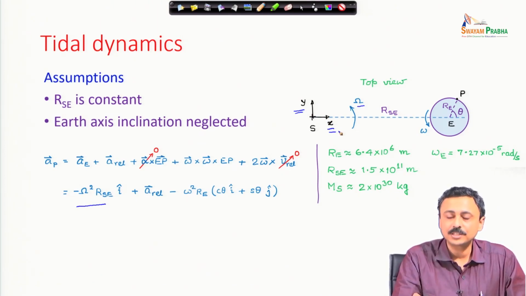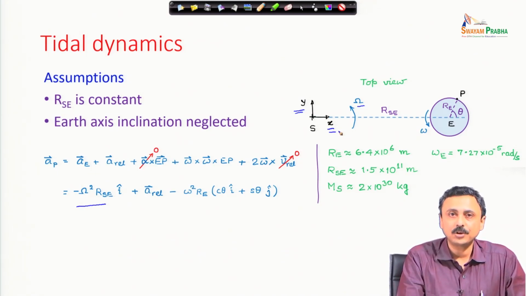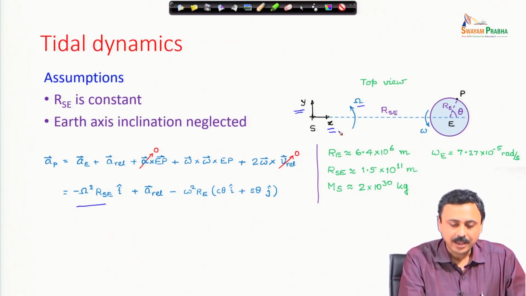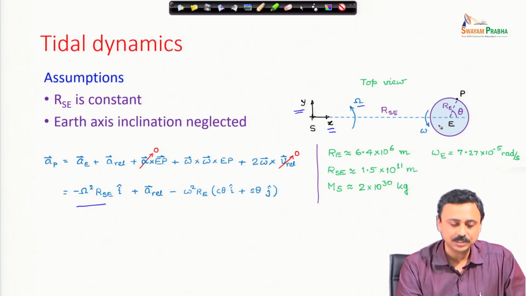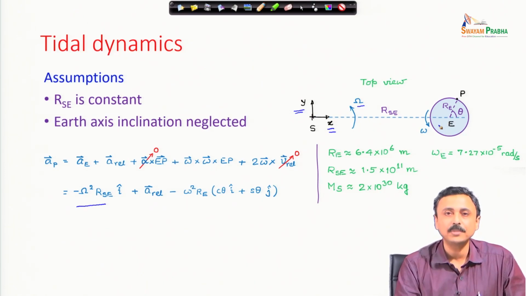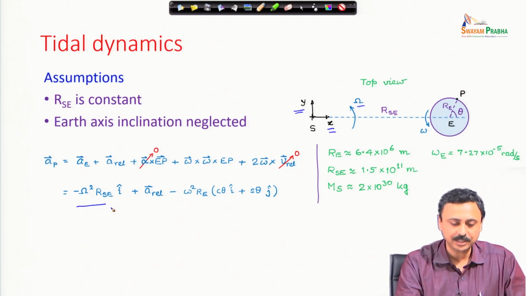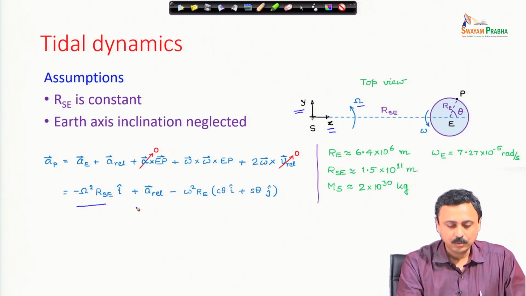We fix that Cartesian coordinate system at the center of the sun, and we are writing the acceleration of the earth center, and that is nothing but the normal or centripetal acceleration, in the negative I cap direction. Centripetal acceleration is towards the sun, and its magnitude is capital omega square r_se. This is a standard expression for the centripetal acceleration, there is no tangential acceleration, plus Arel vector,